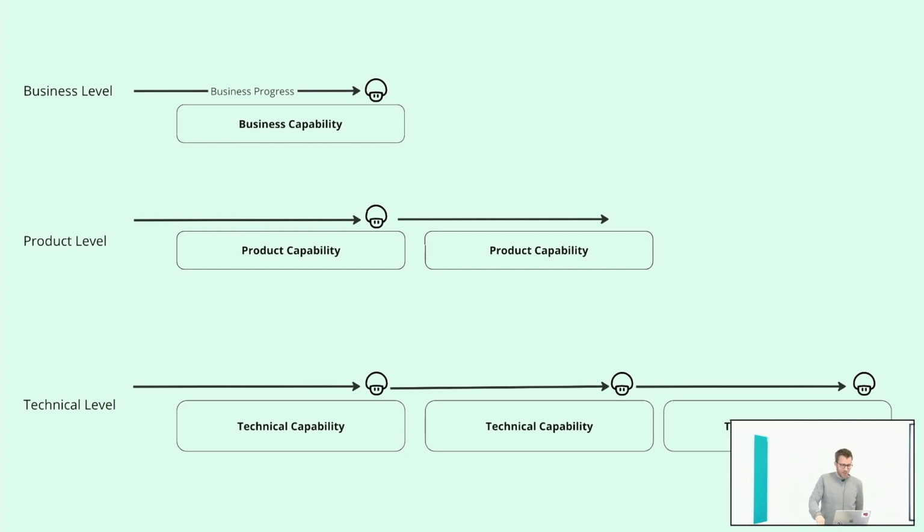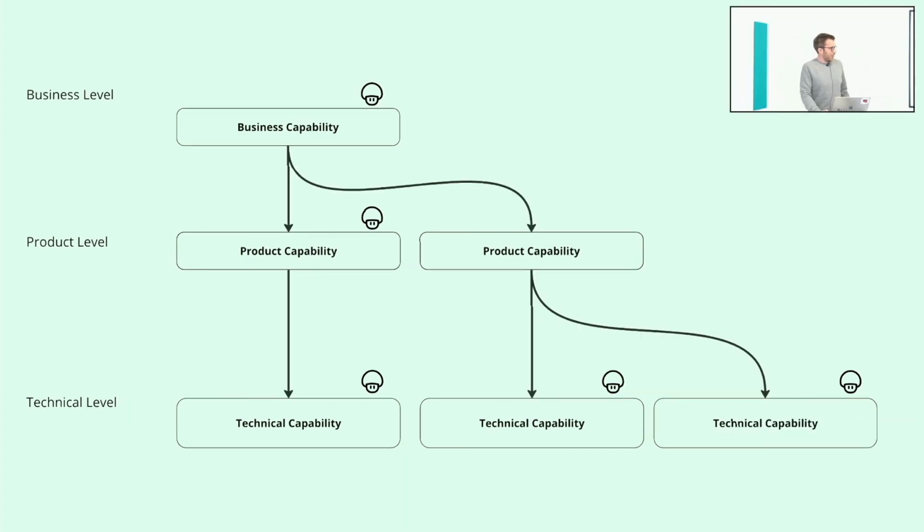But all of these capabilities could also be seen as superpowers I will add to my business, my product, and my technology. It's a little bit connecting to the storytelling part, because there's this picture of the hero's journey. So I will always want to add a new superpower to my superhero, and that's the business, product, and technical level. Thinking about these superpowers can be really helpful to think about capabilities. So what new power do I need to move on?